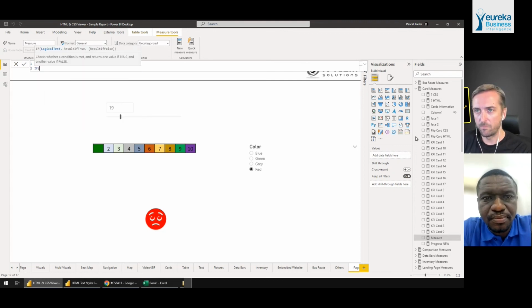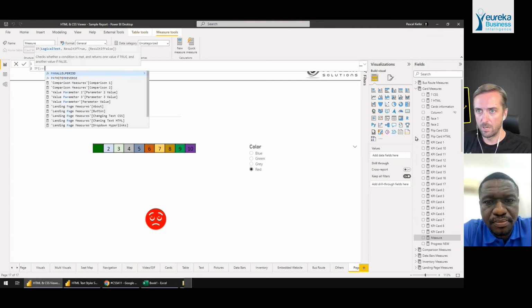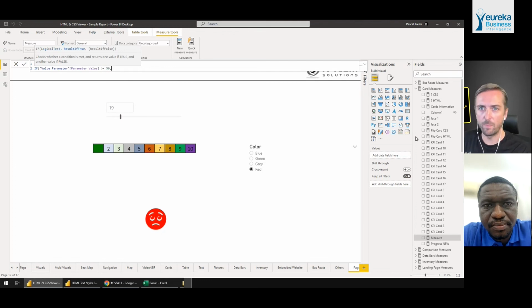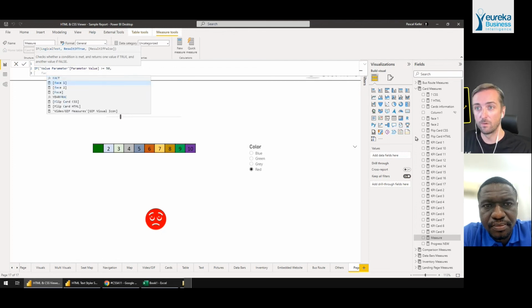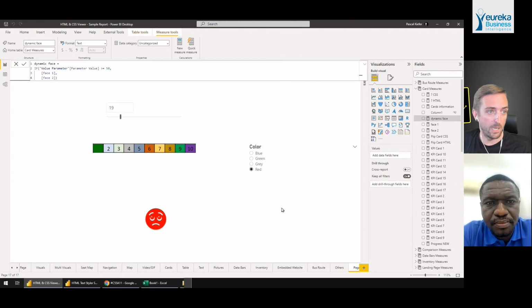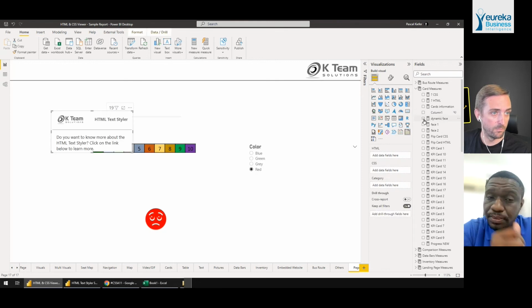Let's just say if this value parameter is above 50, then return face 1. Otherwise, we return face 2. That's one of the ways of doing it. And now this measure here will